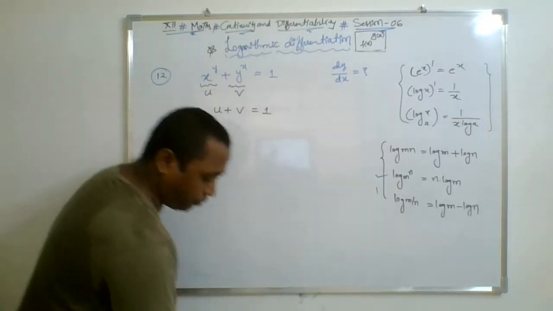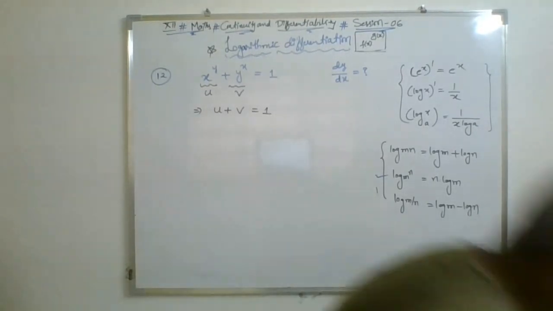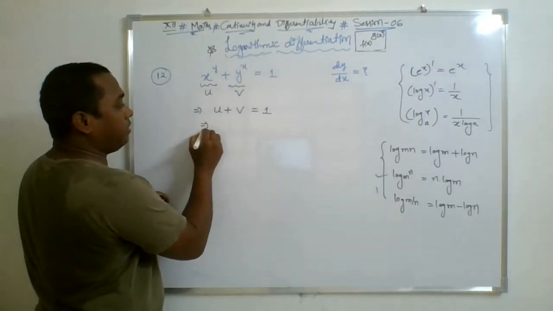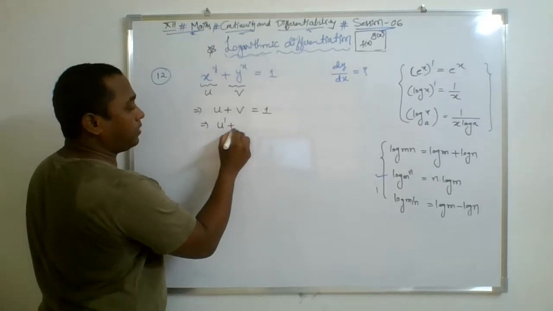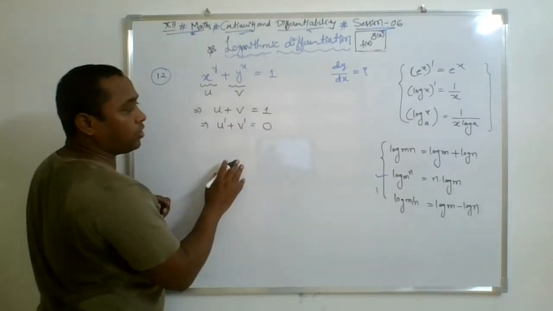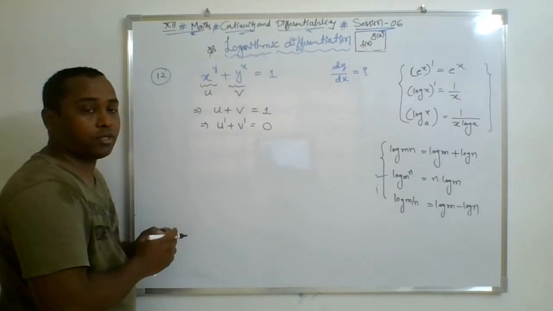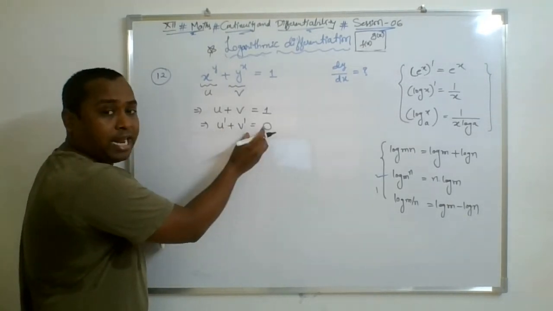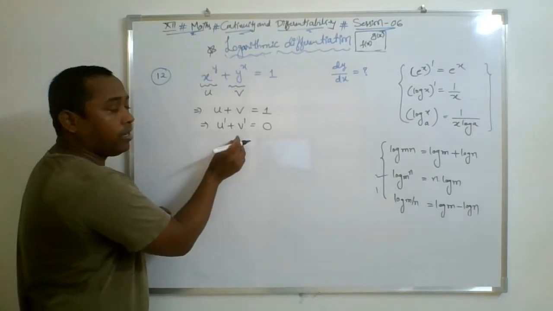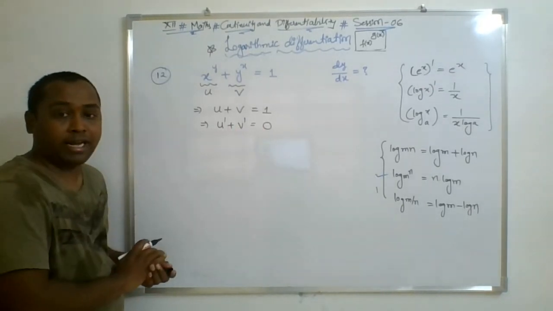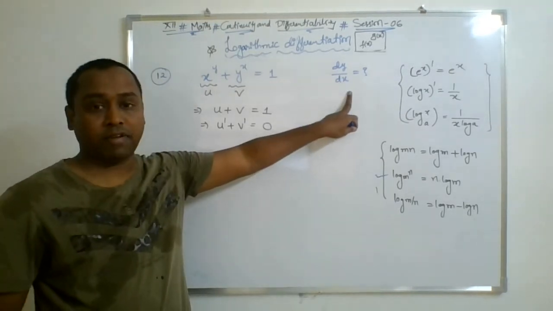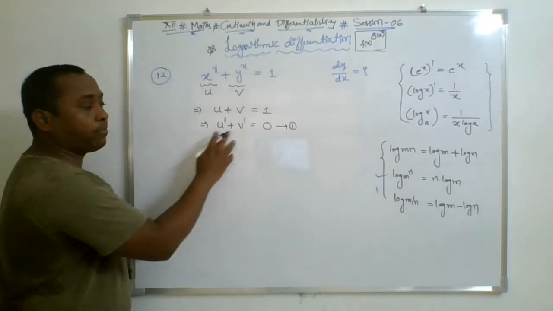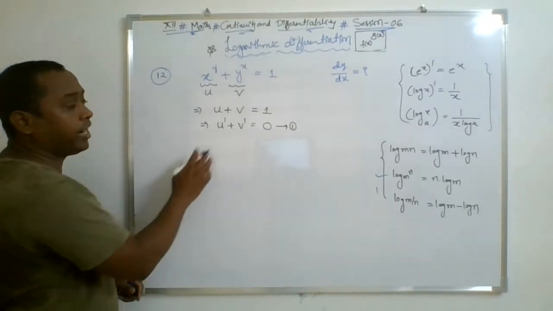Then I will solve the functions separately. So if I do this, the derivative of u plus the derivative of v is equal to 0, because the constant derivative is 0. It means that I need to find u dash and v dash separately, and then I will add both results to get the final differentiation where I will get dy by dx. So let this be equation number 1, where you need to substitute u dash and v dash. How to get u dash and v dash?